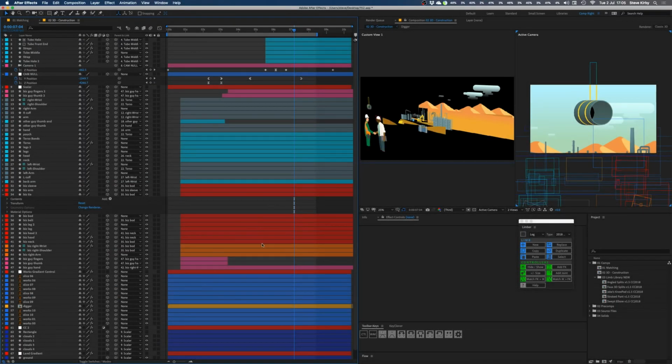Okay, so the other new feature that we've introduced in Limba 1.5.2 is the ability for Limba layers to work natively in After Effects 3D space. So previously to 1.5.2, if you wanted to use After Effects camera and lights and everything, the only real way of doing that would be to pre-compose your entire character and make your pre-comp 3D and use that as a single layer inside your 3D comp,